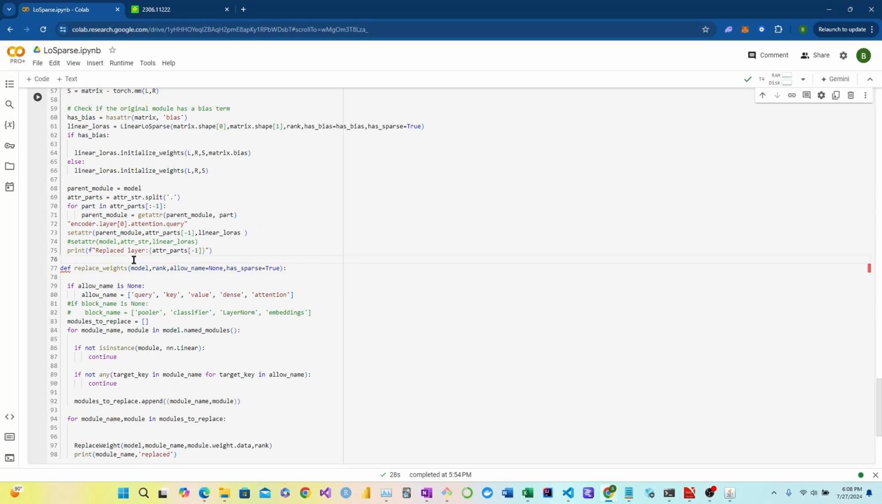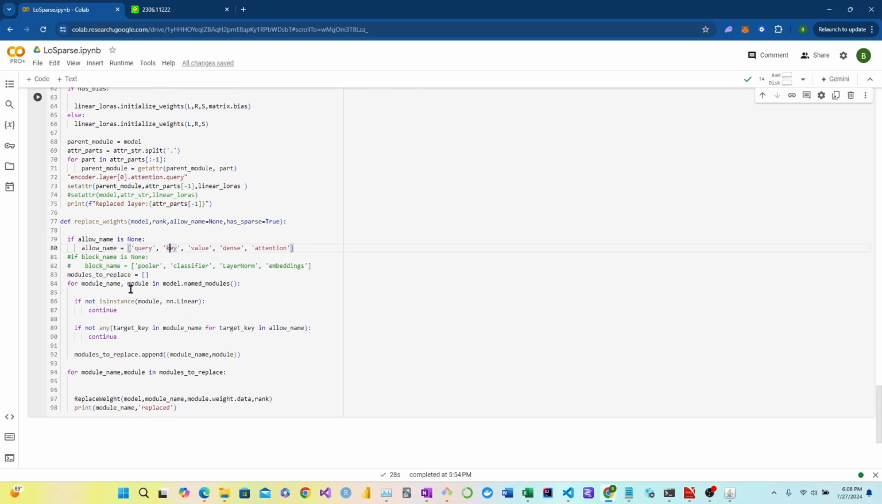So finally we have this replace weights function. What this does is we pass in the model, the rank we want, and then the names we want for the matrices that we want to adjust. Right now you don't have to pass anything the way that this is written, and obviously again, we're always going to add sparse. So we're going to be changing anything that has the names query, key, value, dense, or attention in it. So the way that I've done it is